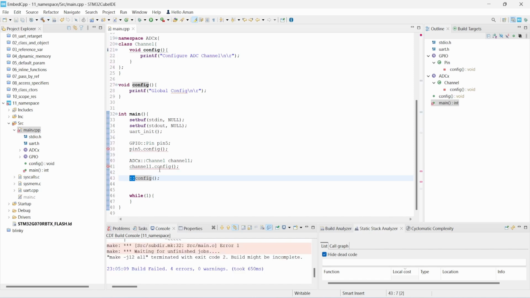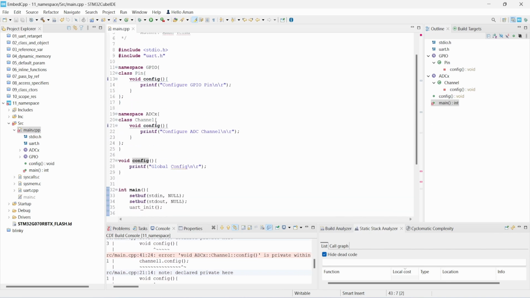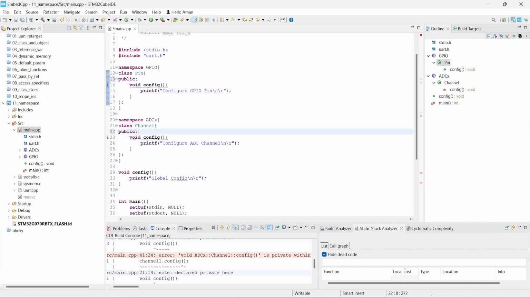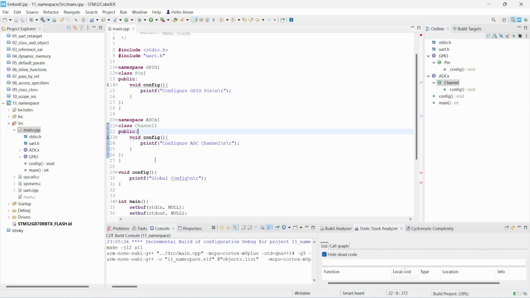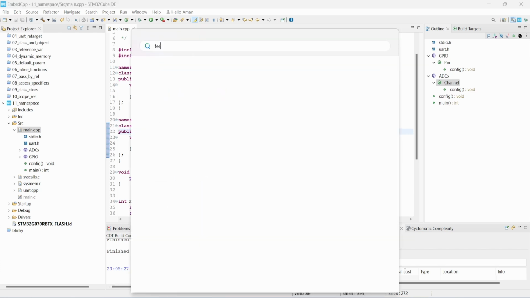Okay, so it's showing some error. Okay, it's private, I will make it public, this as well as the public specifier, and then build it. So it's built successfully. Let me start the Tera Term